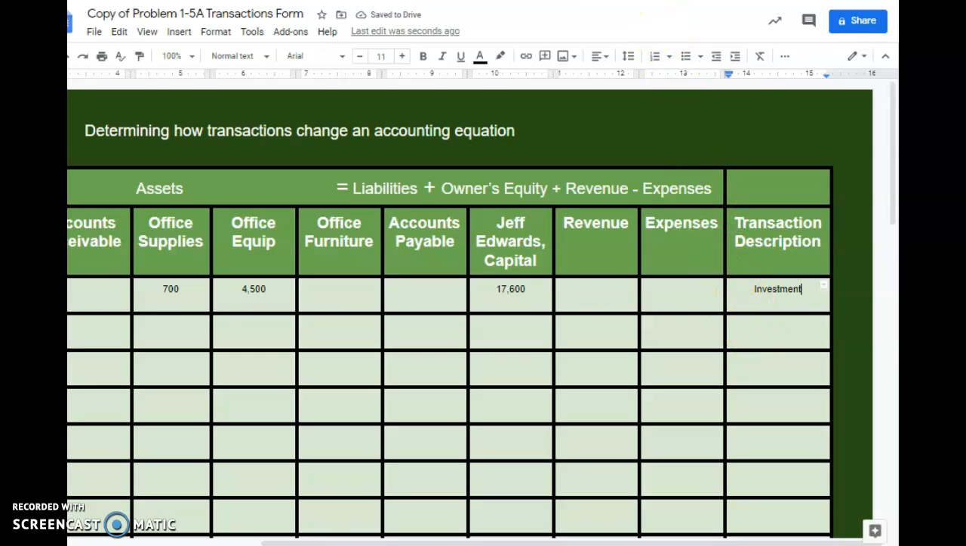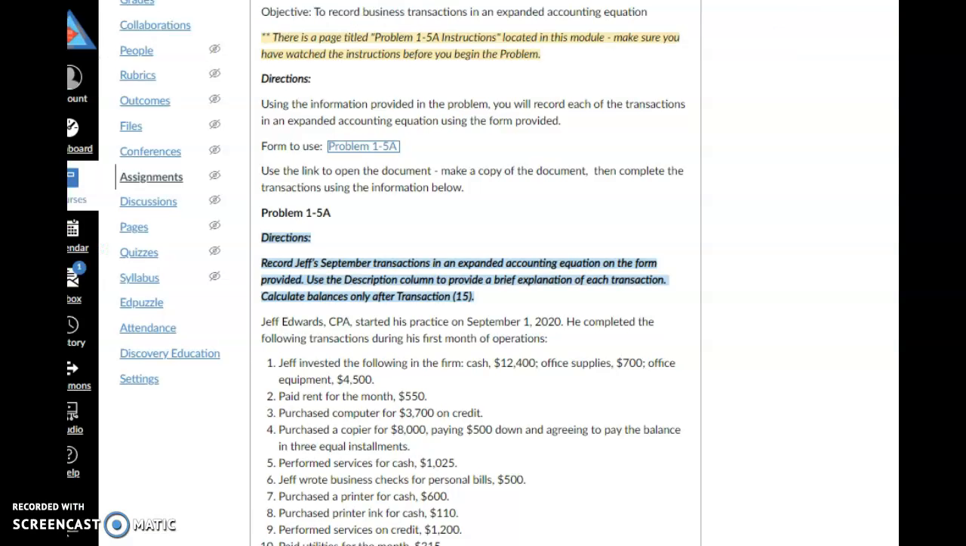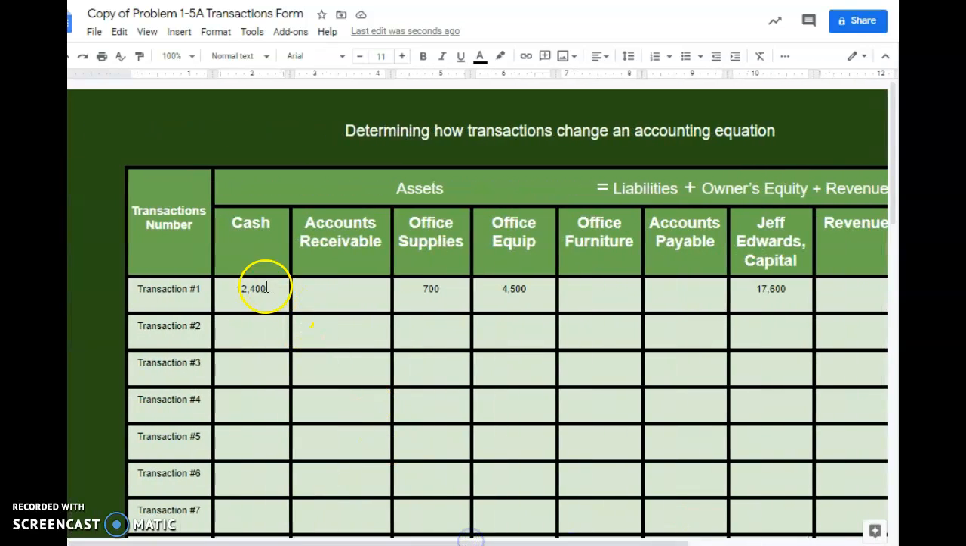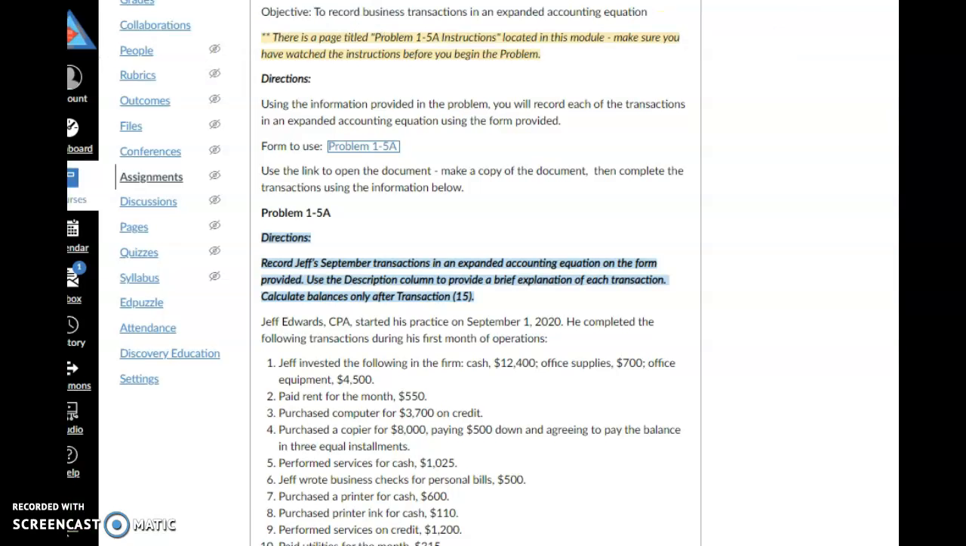Okay? Now the next one, I think, is an expense: paid rent for the month, $550. And again, I forgot something. You have to say whether it's increasing or decreasing. So, let's add our addition signs onto our numbers. And the next transaction is paid rent for the month,